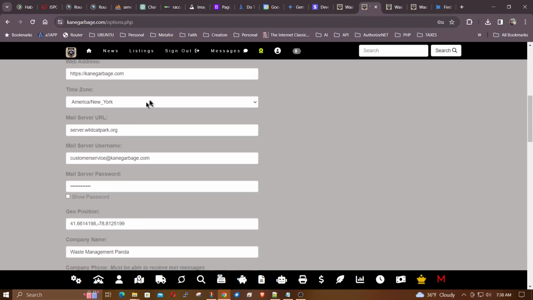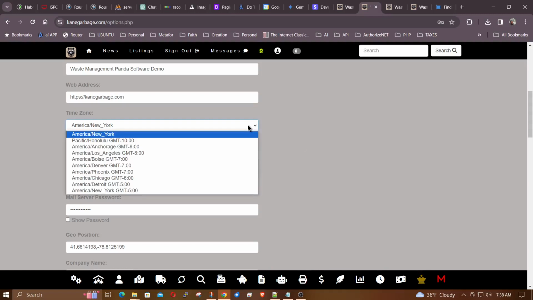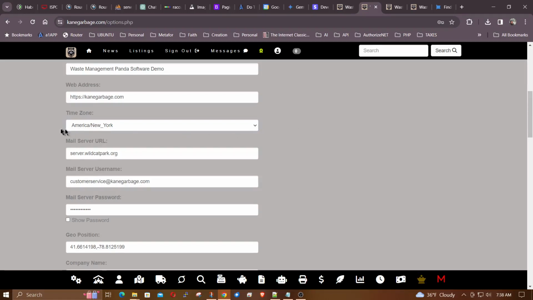Now your time zone here, you have to set the time zone, that way the times on your invoices are correct, and the times that you send things out automatically, like automatic invoices and stuff like that. So you want to make sure that you're in your time zone. Now we have several different time zones, but ours is Eastern Standard Time, and in our programming application, we use